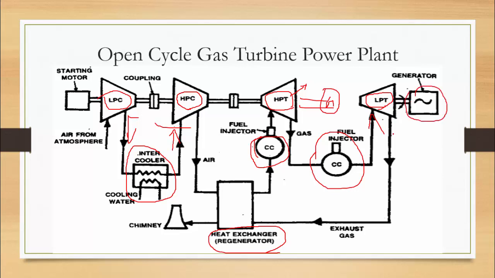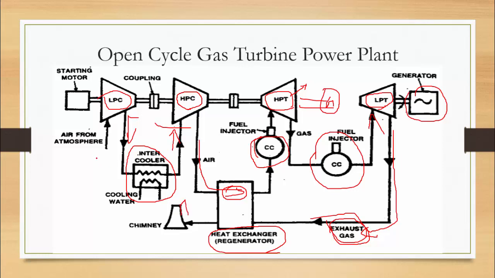The output of the low pressure turbine is exhaust gas. This exhaust gas is given to the heat exchanger, where it loses heat in order to lower its temperature to the atmospheric level, right? So the heat rejected by this exhaust gas is again used as input heat energy for the air coming here, right? After the exhaust gases release their heat energy in the heat exchanger, they are sent to the chimney and the exhaust gases are left to the atmosphere.